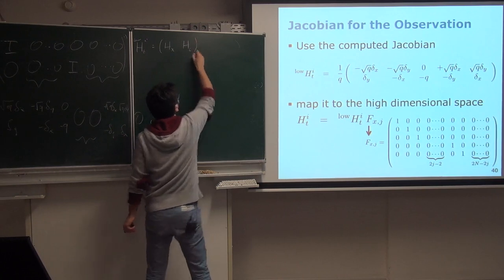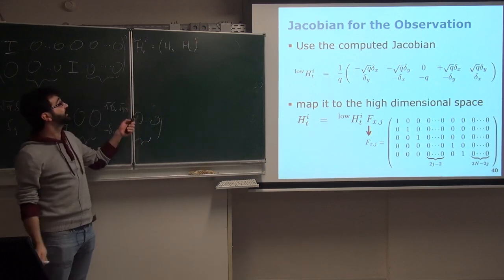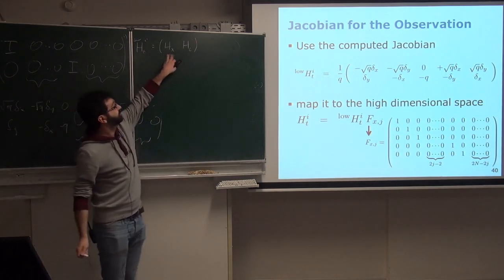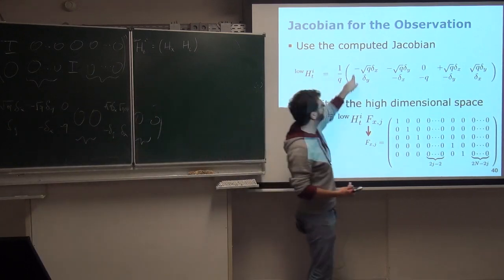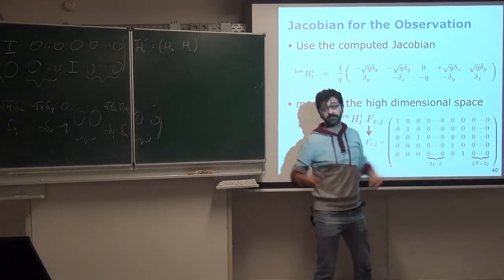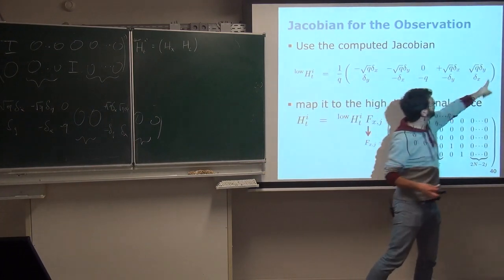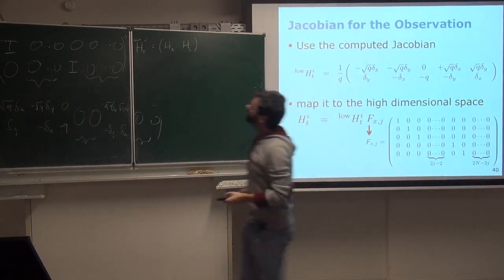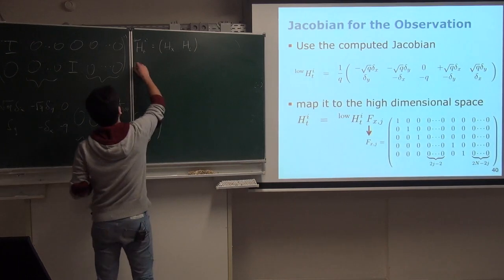Okay? So that's how you can write it down here. Basically, this is this block here, and the other part is this block here. Okay? So the full H matrix is then something that looks like